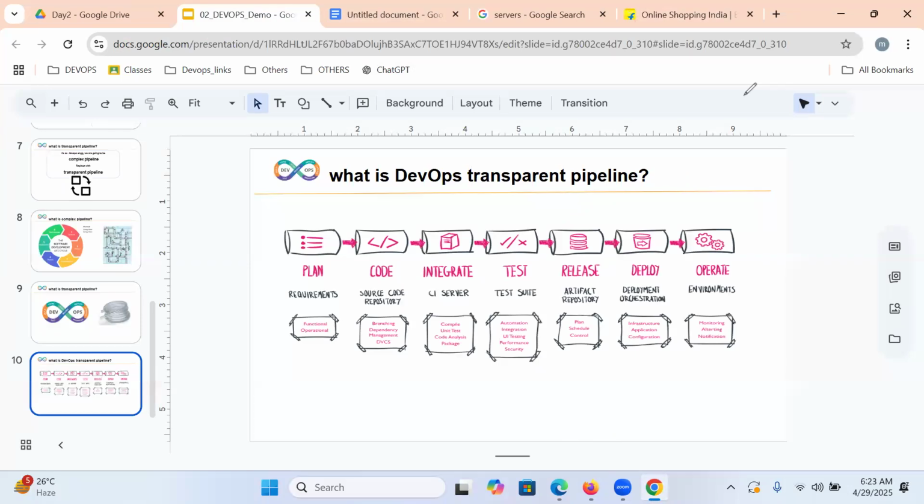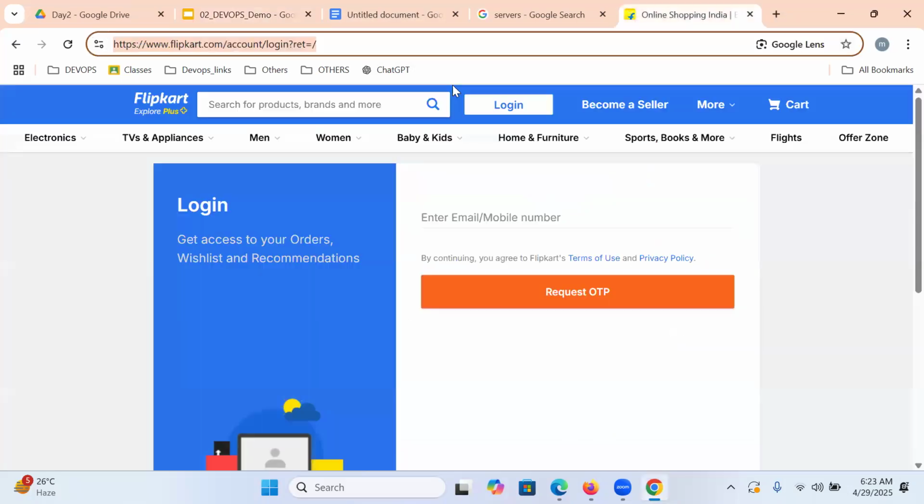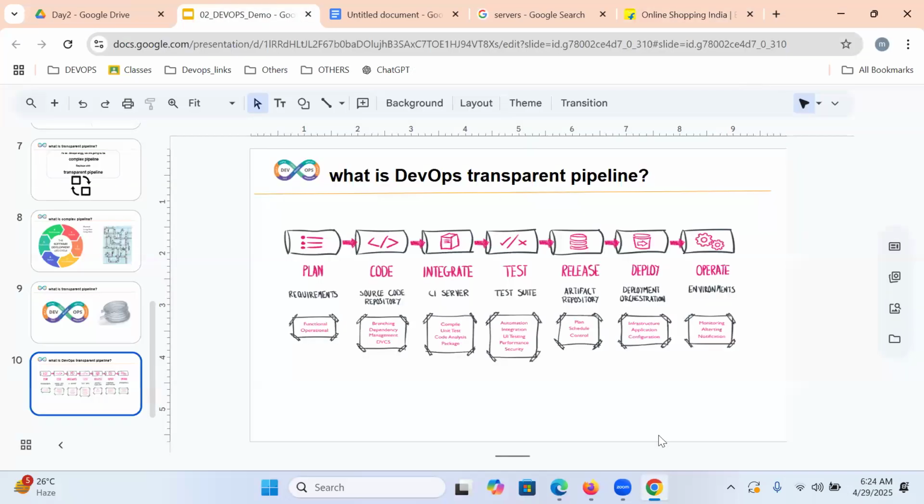Whether it is working or not, we monitor and maintain it.